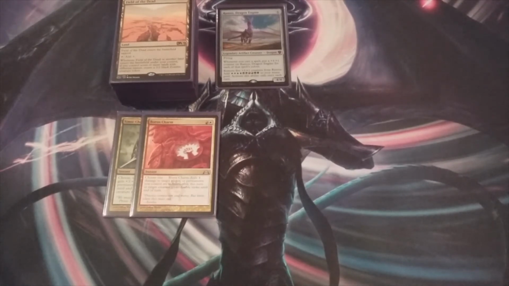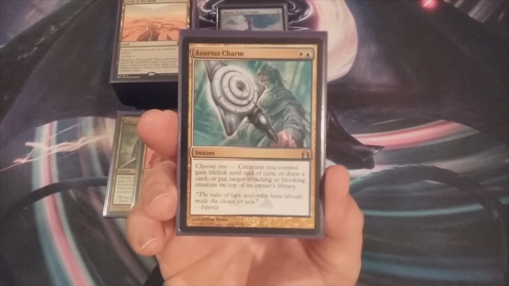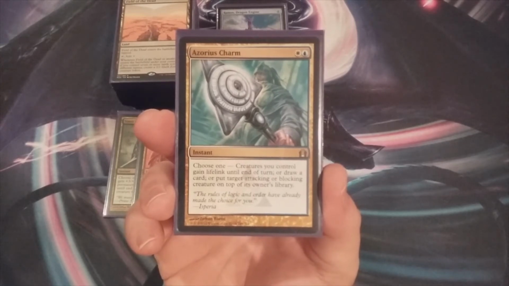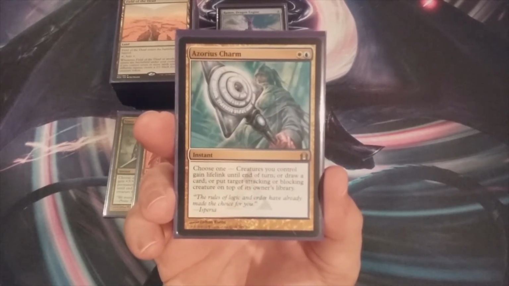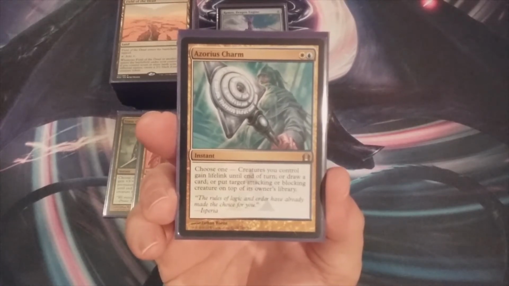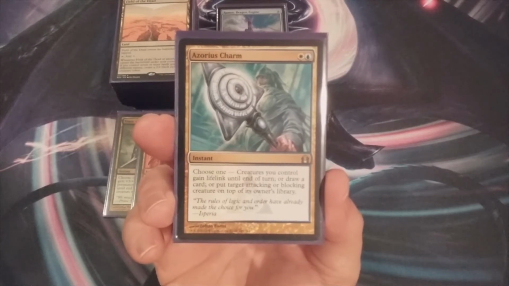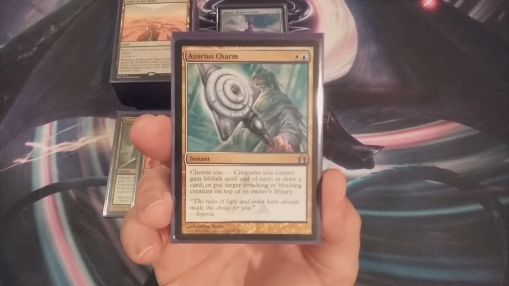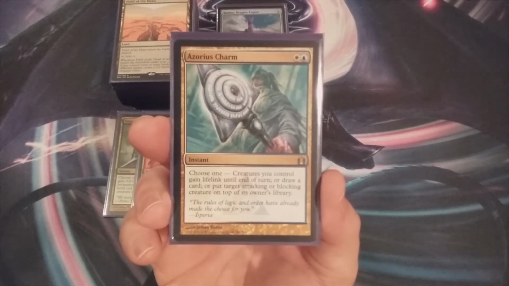Next up, and maybe a little bit of a surprising one for you charm fans out there, we have Azorius Charm. Okay, we got a white and a blue, and creatures we control gain lifelink until end of turn. So let's not overshadow too much the importance of lifelink. And we can draw a card and put a couple of counters on Ramos. The card-drawing charms are going to be very important